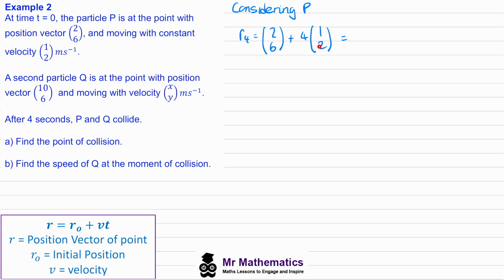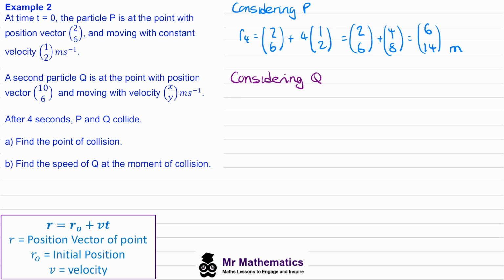We can expand this out and we get 2, 6 plus 4, 8. So now we can add the i components together, we get 6, and then for the j components, 14. So this will be 6i plus 14j meters. So we know that this is the point of collision, but this is also the position of Q after 4 seconds. So considering Q,